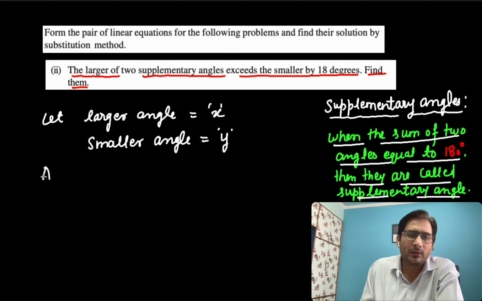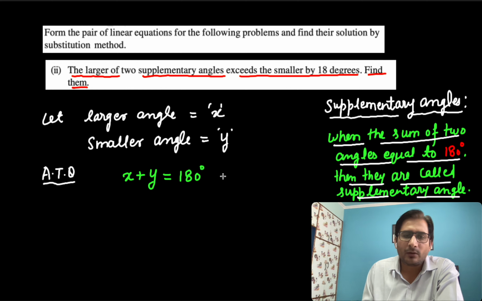So according to the definition of supplementary angles, what is x plus y? It is equal to 180. Very good, it's equal to 180 degrees. So this is equation 1. And if you read the question here, the larger of the two supplementary angles, so the larger angle is x, exceeds